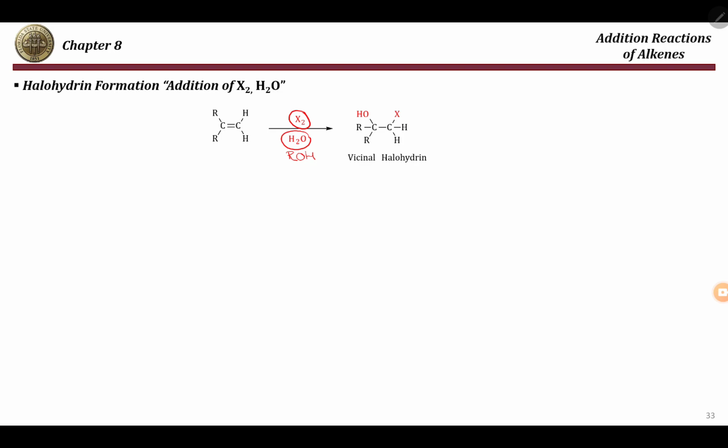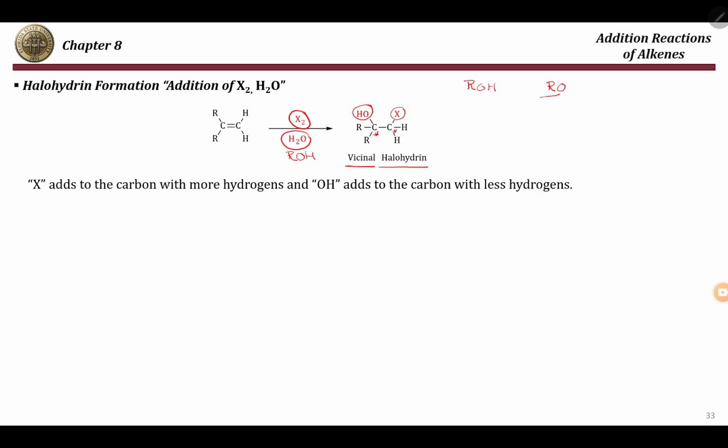This leads to the formation of what we call a vicinal halohydrin, and by vicinal we mean that the groups are added to two adjacent carbons. So this is what we mean by vicinal. And halohydrin, halo because we have a halogen group, and hydrin because we have an OH group. So this reaction adds a halogen and an OH group. If we used alcohol instead of water, then we are going to add an RO group, as we will see in the examples. So X usually adds to the carbon with more hydrogens, and OH or OR adds to the carbon